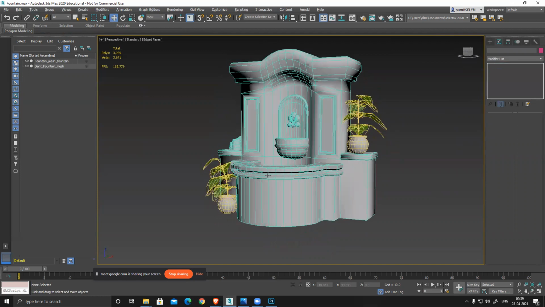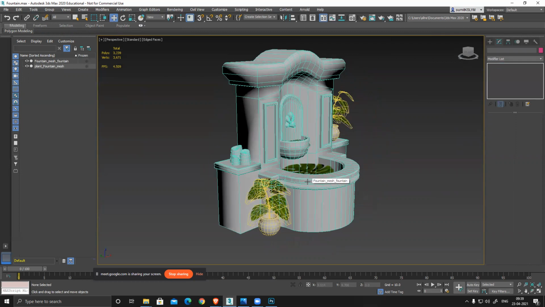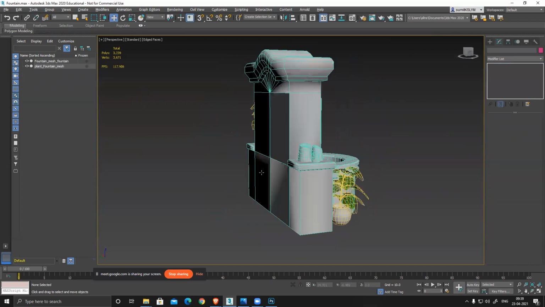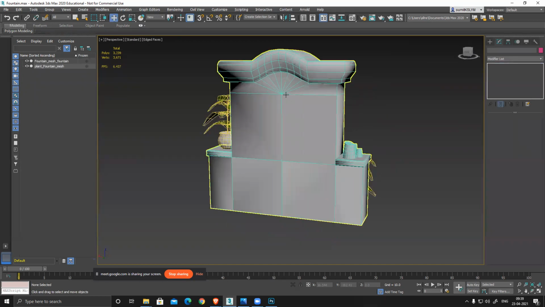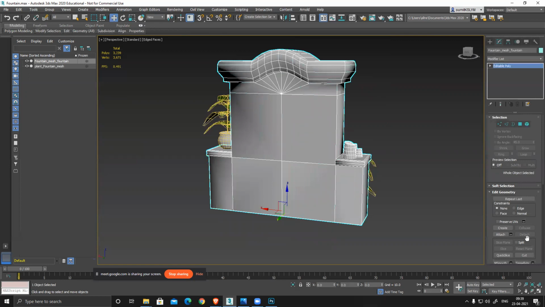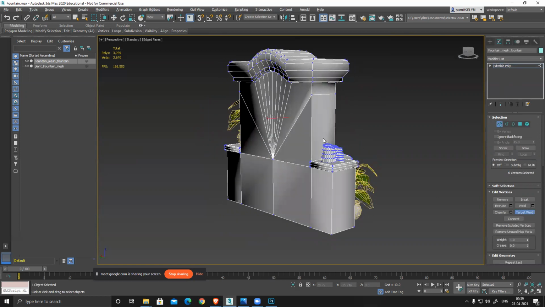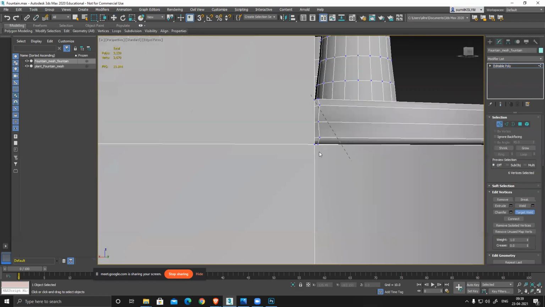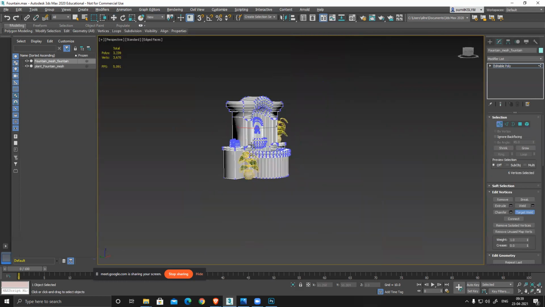And let's see what else I can do here. Like the water which is flowing, those planes I need to create. I'm also thinking I can reduce this, it's an unnecessary wastage of polygons. If I connect this here, this works perfectly. And this one also, if I want, I can fix it. But let's keep it like that only.